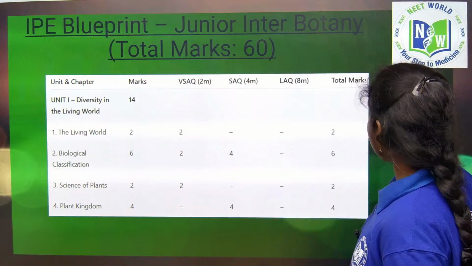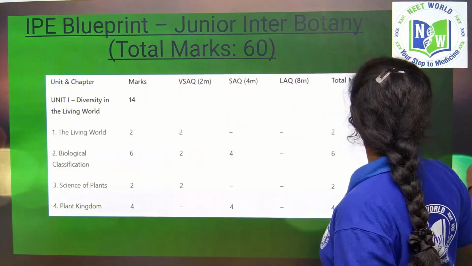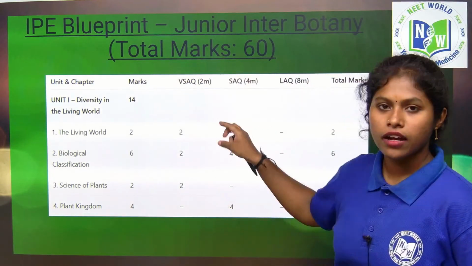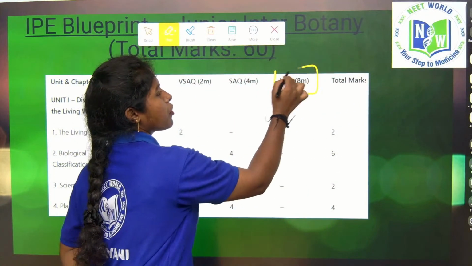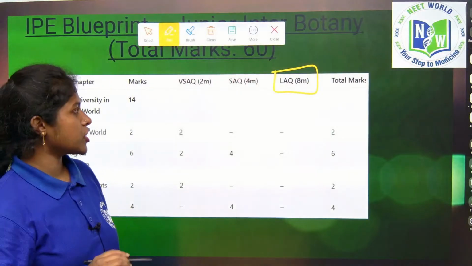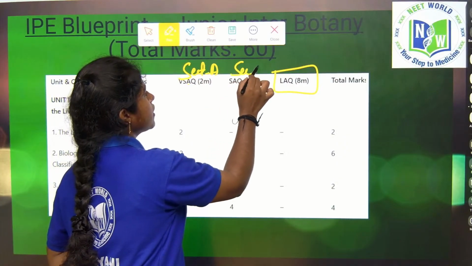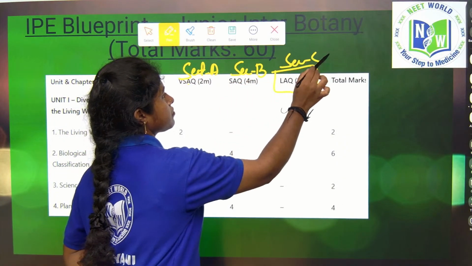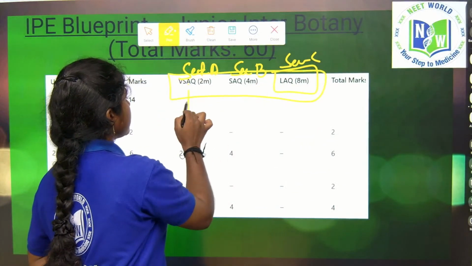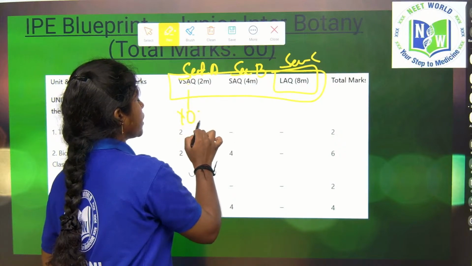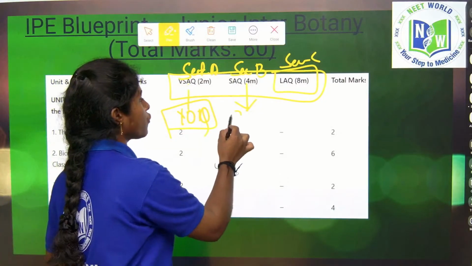See here, I will just make you note. These are the 2 marks questions, section A. This is the short answer type of questions, 4 marks questions, section B. Here it is the long answer type of questions, 8 marks questions, section C. In section A you get 10 questions, and in the short answer type of questions you get 8. Out of 8 you have to write,